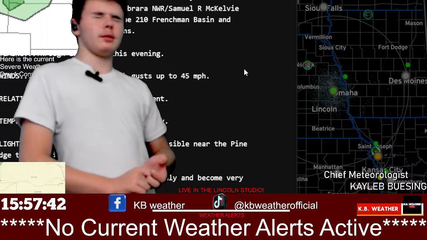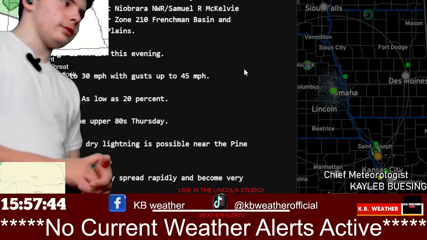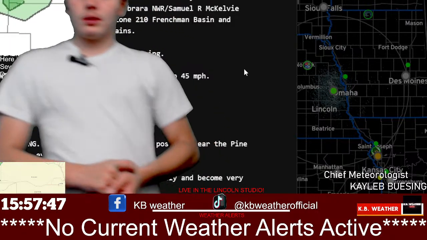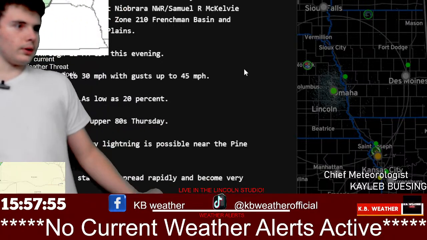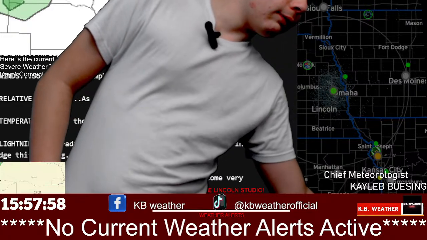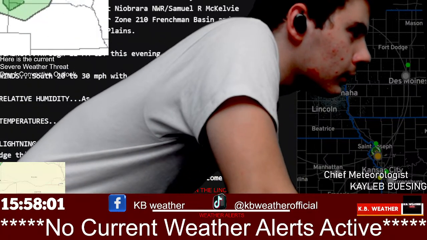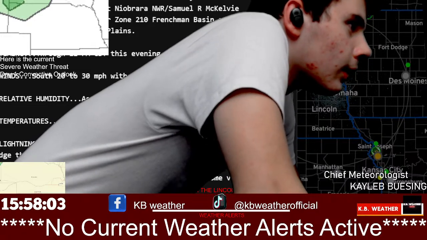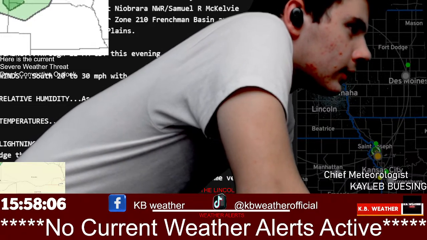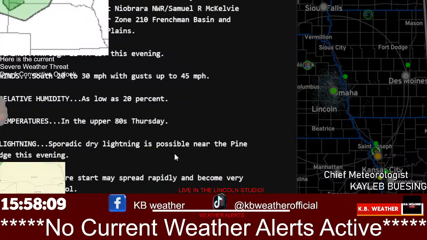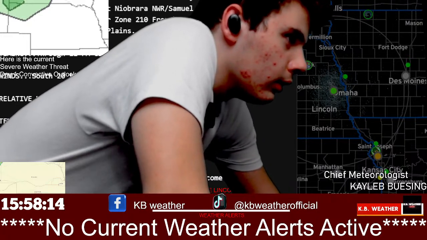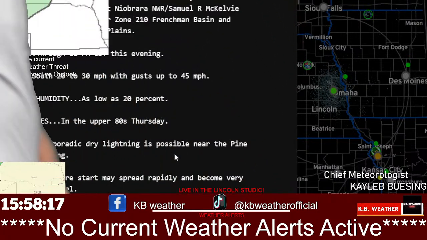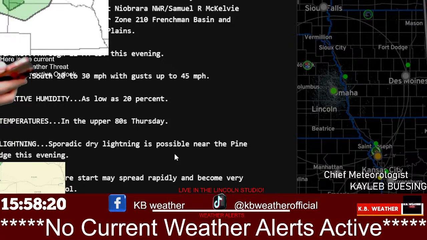I think Radar Omega has been glitching out a few times, so we'll have to see what happens here. But yeah, I expect that to continue throughout the 11 o'clock hour as well tonight. So we will continue to watch that for south 20 to 30 mile per hour winds with wind gusts up to 45 miles per hour. Relative humidity is as low as 20%. Take a look right there. Another thing we got to look out for, temperatures are in the upper 80s today. The main threats here are